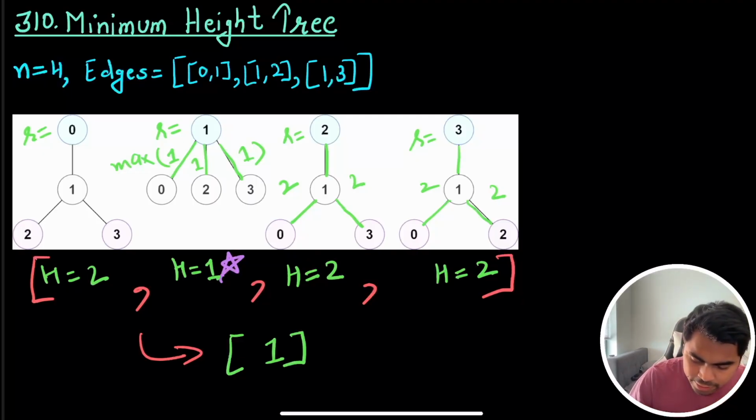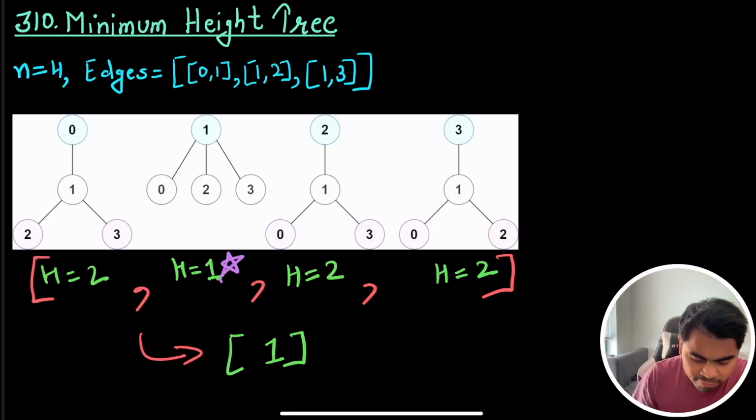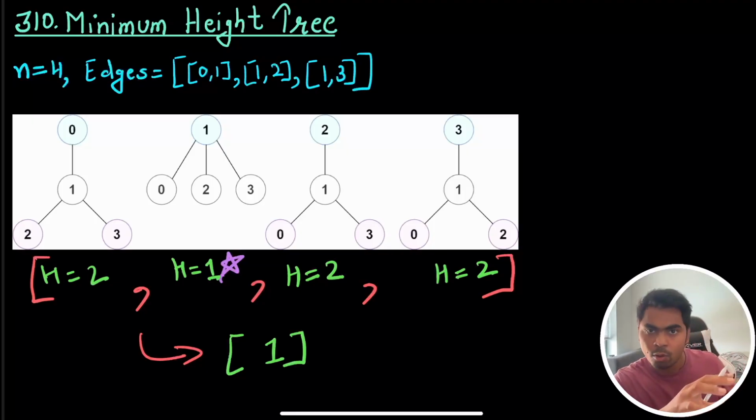So if you see right here, a brute force way of finding these minimum height trees would be basically visiting each of these nodes, choosing different nodes as the root, and then running BFS or DFS and then finding the height. And I think in this case, a better solution would be BFS, because BFS simultaneously visits all its neighbors,